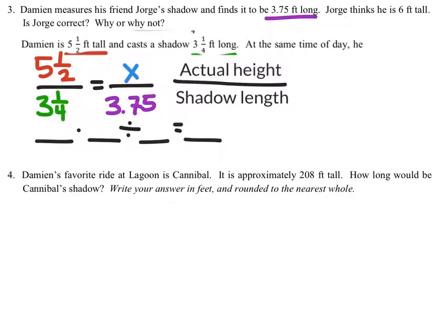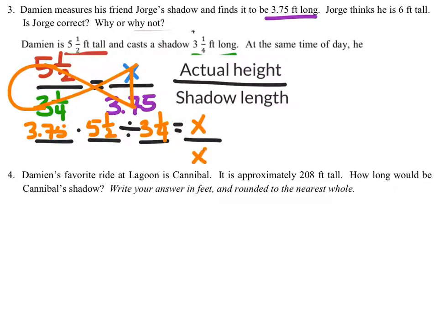So for fish method, I would start at the x, I make the tail. Bam, 3.75, that's my first value. I cross up, and that's my second value in the fish method. Just filling in these values, I swing it back down to 3.25, which is this one, and I end at x. So I can plug these values into my calculator, which will tell me the height of Damien's friend,